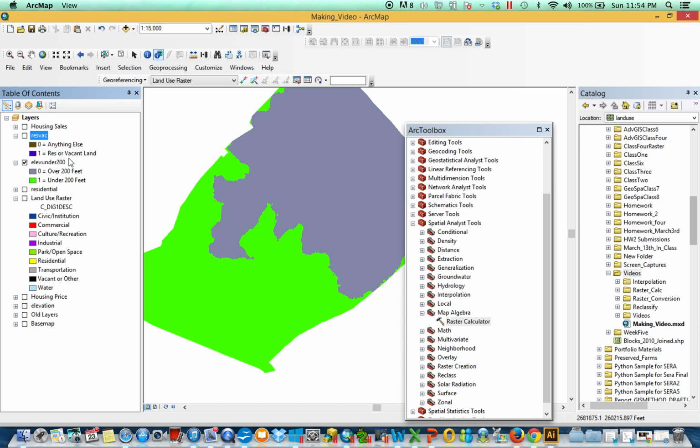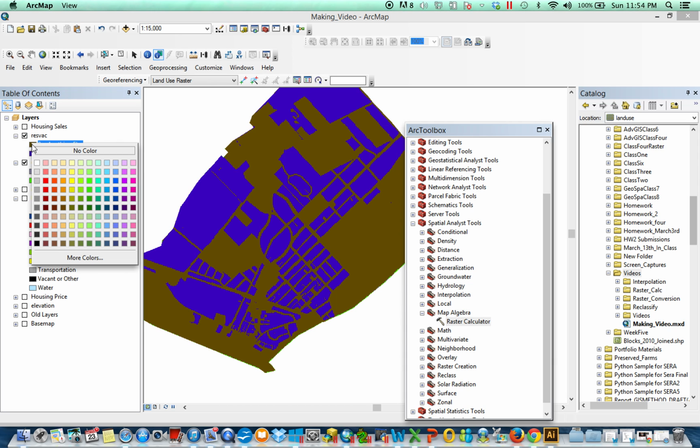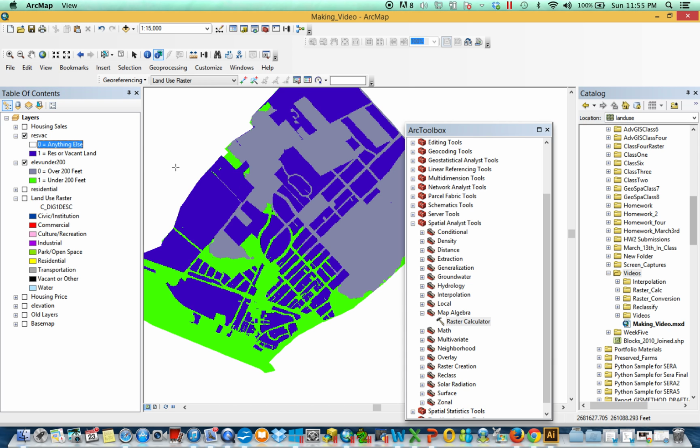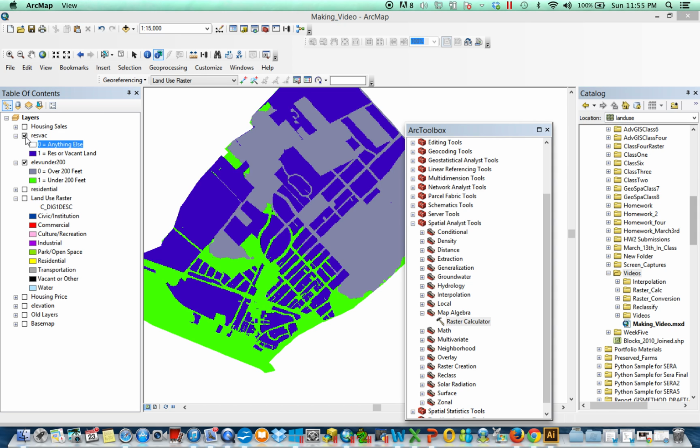Okay, so here where I was, I have one layer, right, of residential or vacant land. I'm going to just take this, change it to no color so we can see it laying on top. And underneath it, I've got a 0 or a gray meaning over 200 feet and a 1 meaning under 200 feet. So let's say, now that I have 2 different layers telling me 2 different things, I wanted to bring back only those areas where it was residential or vacant land and it happened to be under